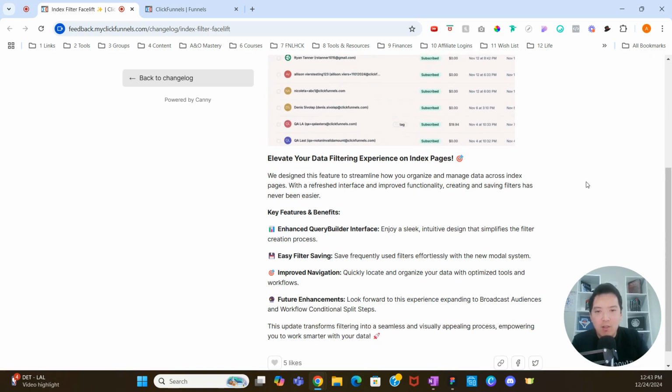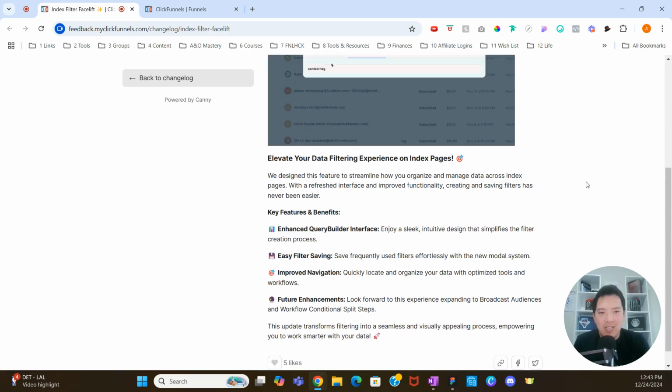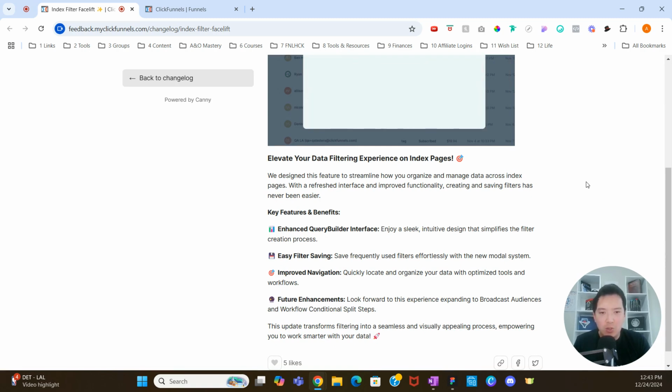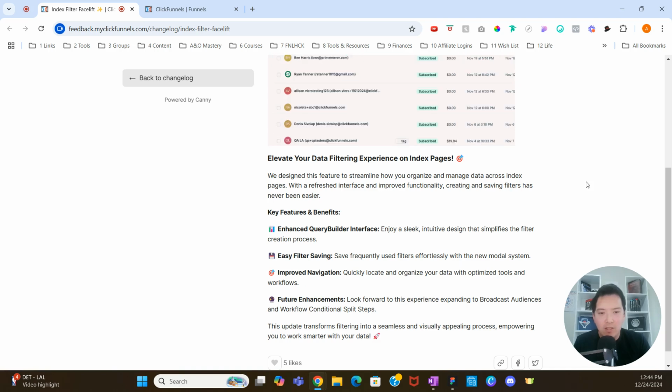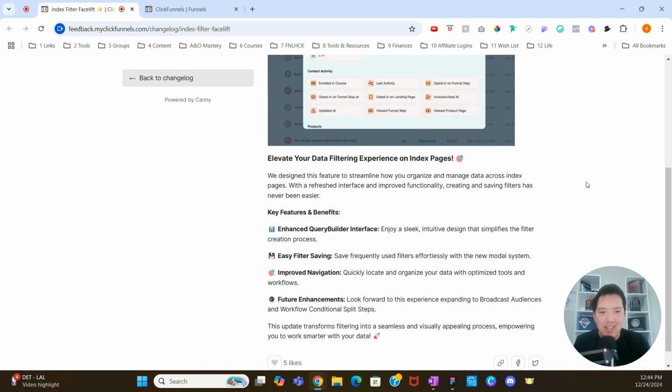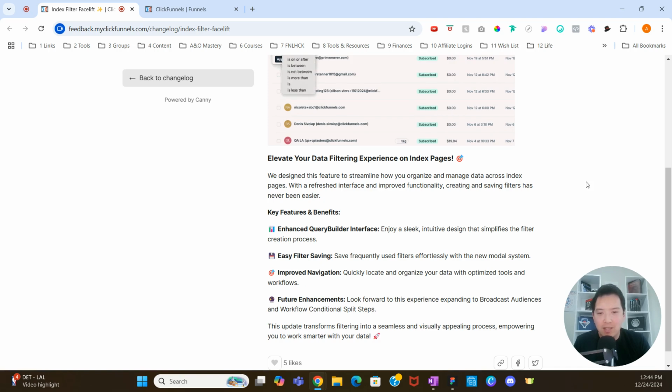And so it says, elevate your data filtering experience on index pages. We designed this feature to streamline how you organize and manage data across index pages. With a refreshed interface and improved functionality, creating and saving filters has never been easier. And some of the key benefits and features: enhanced query builder interface, enjoy a sleek, intuitive design that simplifies the filter creation process, easy filter saving, save frequently used filters effortlessly with the new modal system, improve navigation, quickly locate